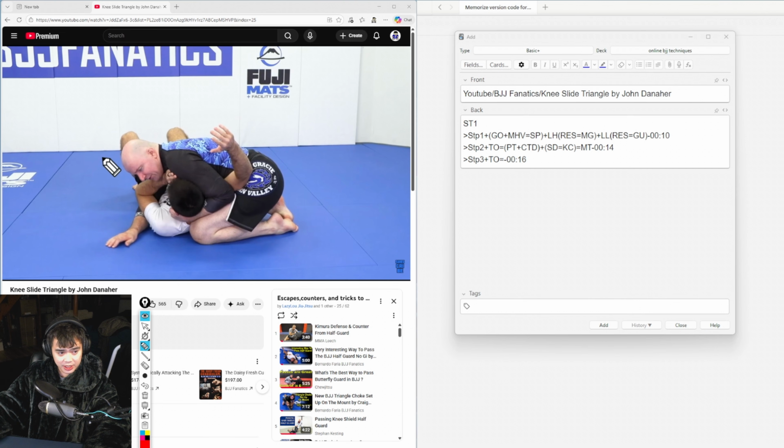What he's doing is going under. This is a left, this is a right hand, okay? So we're gonna write this: right hand is going under to a sweet spot, which is his armpit. It's basically underhooking him,